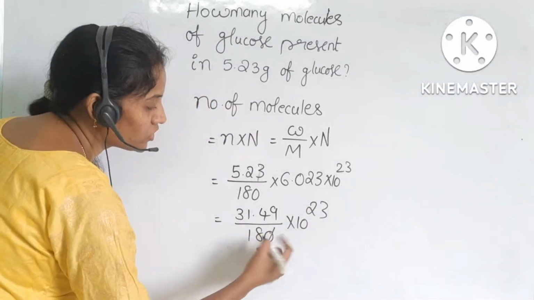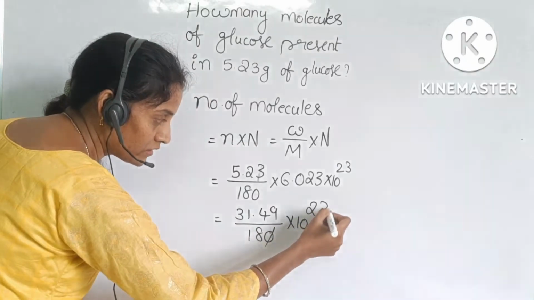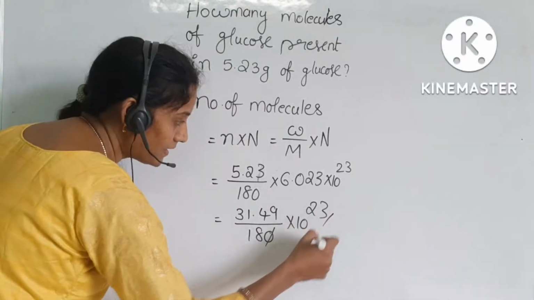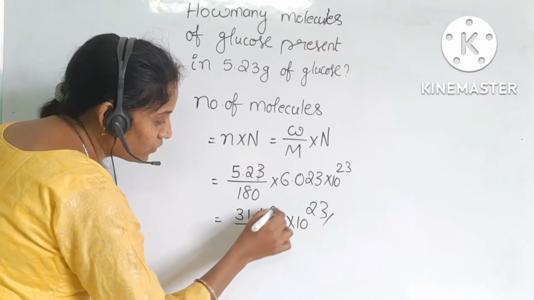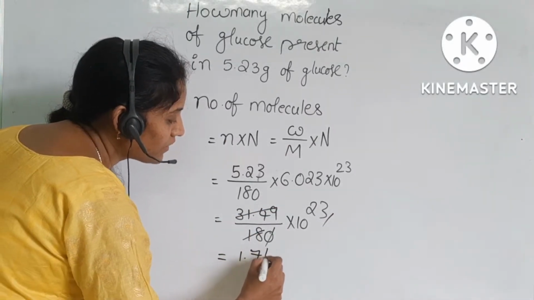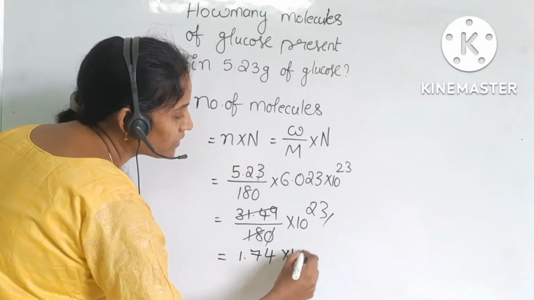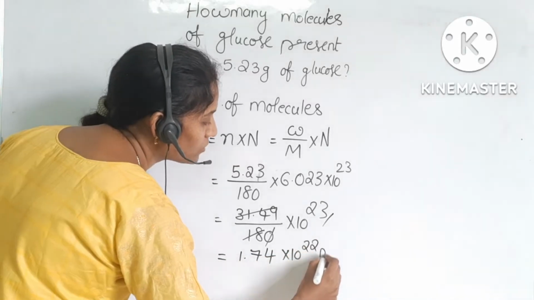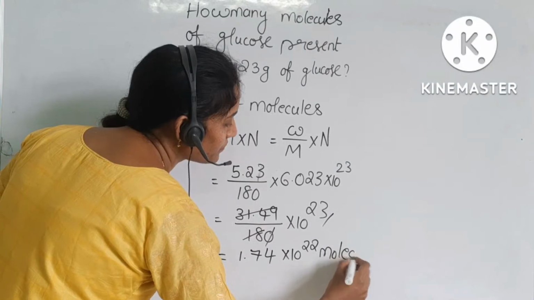So this 0 and 1 0 from this 10 power 23 will cancel, and if you simplify this, you will get 1.74 into 10 power 22 molecules present in the